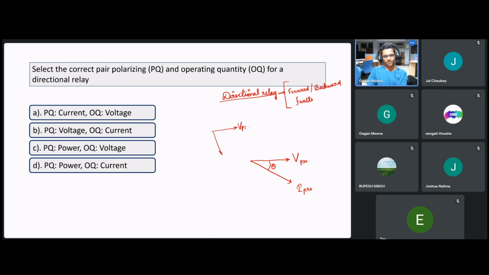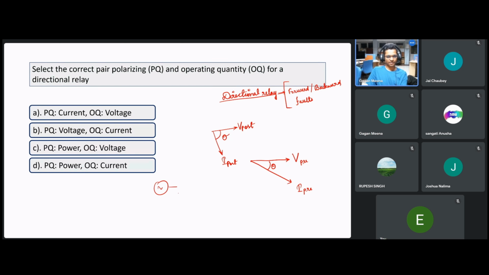So you will measure the two before and after the fault. Then you have to check what are these phase angles. So this phase angle will change